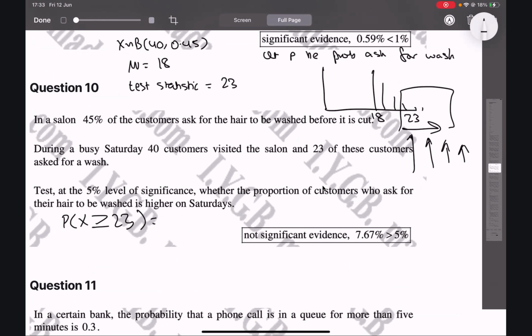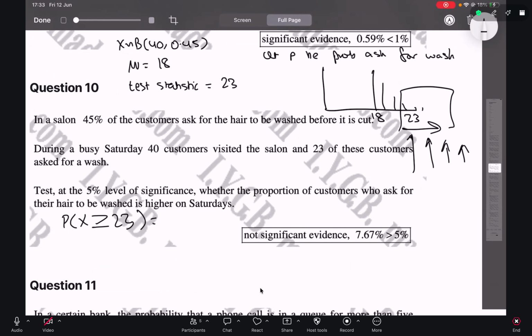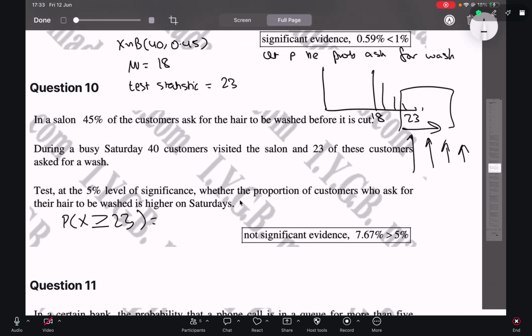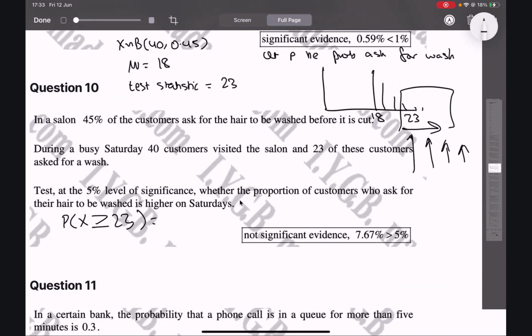If you have the CG50, you just put 23 and right tail. What do you do in yours? Because you'd have to do 1 minus something, wouldn't you? So what number would you put in your calculator? I'm not sure, because I remember doing this with the CG50 in school, but I don't remember how to do it without it. Okay. After this, we'll go back to the basic bit just to make sure. But for now, you would have to put 22,